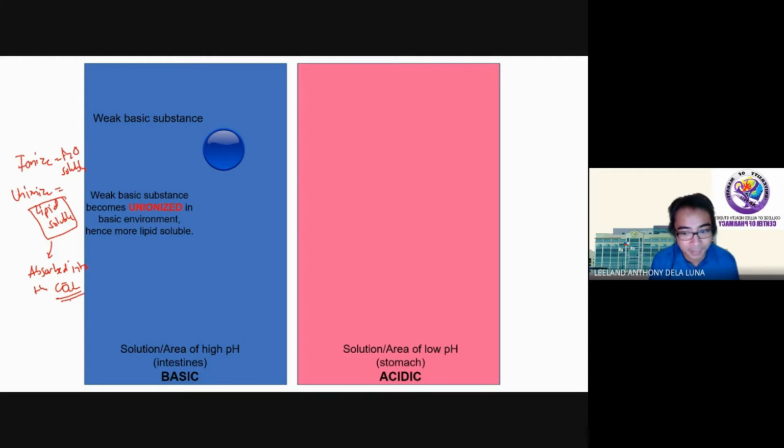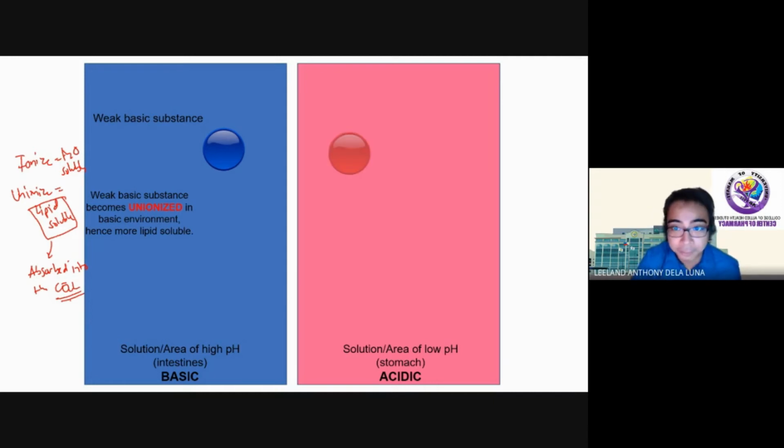Alright? Pwede siya mag-undergo ng convective transport mechanisms. It will be using the small pores within the cell to cross the cell membrane. You'll learn more about that class in BioFar. Okay, kung mga mechanisms of absorption in the cell or in the body. Pero generally, pag pH lang ang pag-uusapan, pH lang ang topic natin for today, okay, pag unionized, absorbed into the